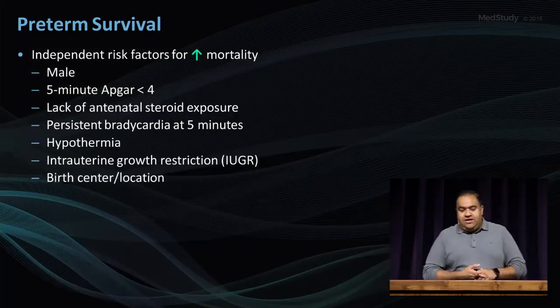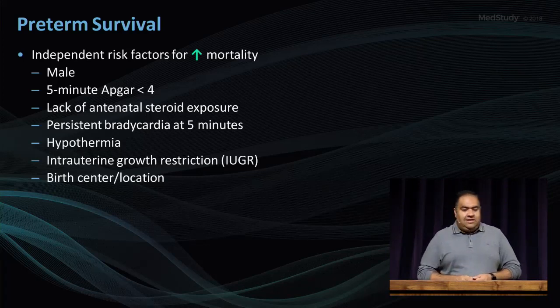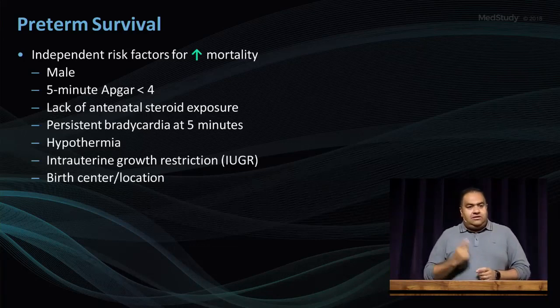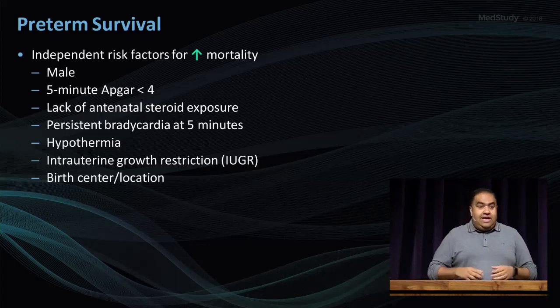So, independent risk factors for increased mortality. This is a common board question they like to ask. At a higher risk of mortality would be being a male infant; a 5-minute APGAR, not the 1, but the 5-minute APGAR, less than 4; mom not receiving antenatal steroids prior to the delivery; persistent bradycardia at 5 minutes; hypothermia; intrauterine growth retardation; and where you are born